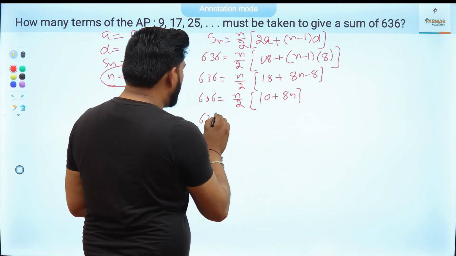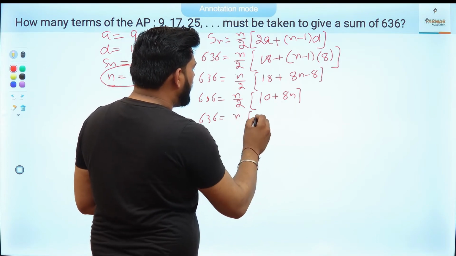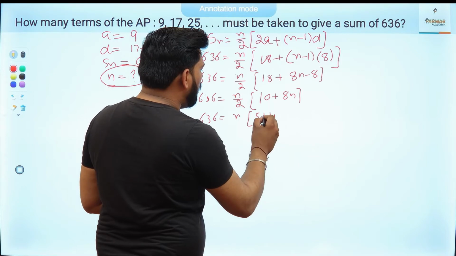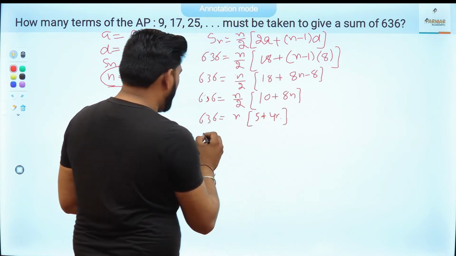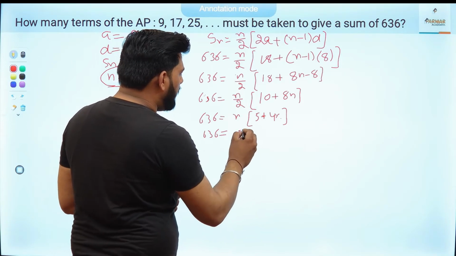Now 636 is equal to, 2 gets cancelled out with the inner factors, that is 5 plus 4n, that is 636 is equal to n times 5 plus